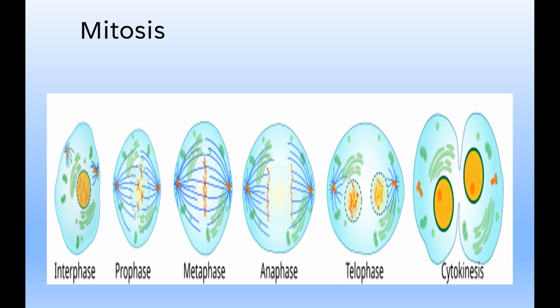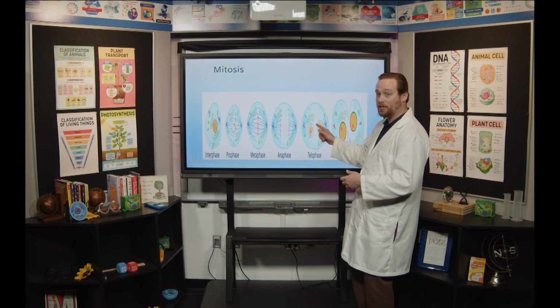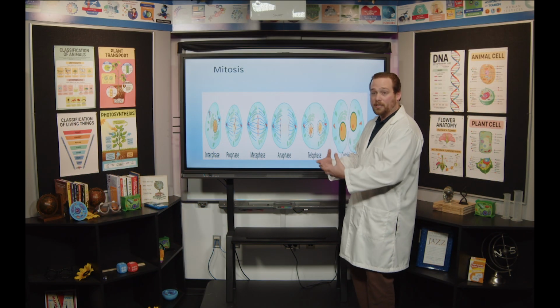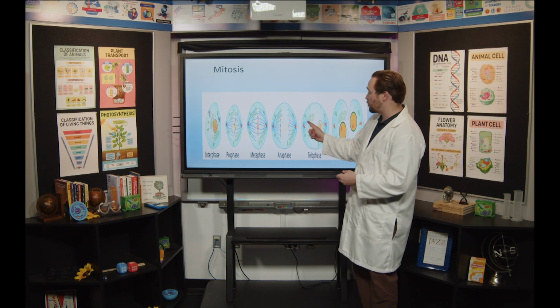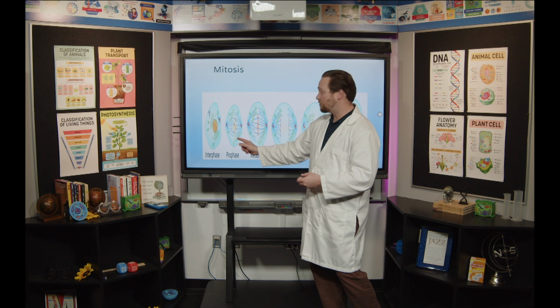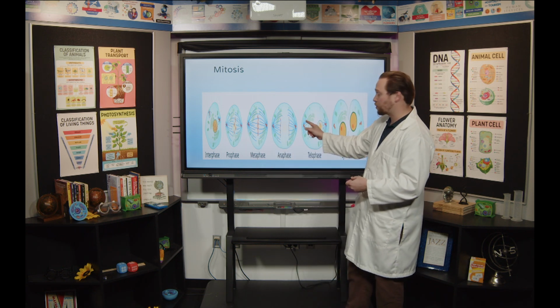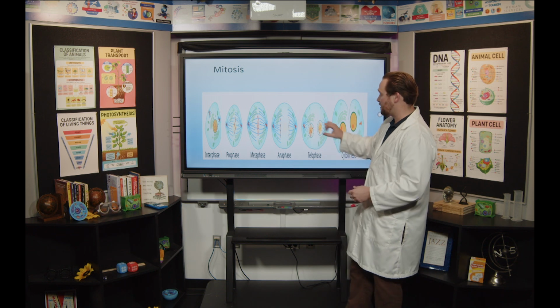So telophase is the last part of mitosis, and telophase is just the opposite of everything that happened in prophase. So now in telophase, we have the nucleus coming back. You see how the green dotted line is here and the yellow circles are here? So the nucleus and the nuclear envelope is coming back. Okay, the spindle fibers are retreating. So over here in prophase, you can see them growing and kind of starting to attach to the chromosomes. Now they're shrinking, right? So everything that happened in prophase, the opposite gets done in telophase.